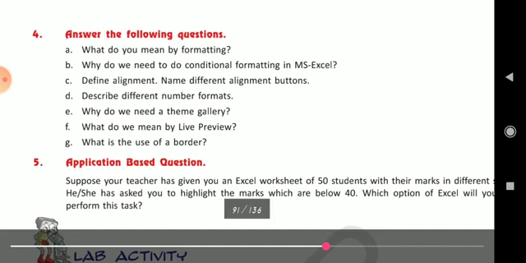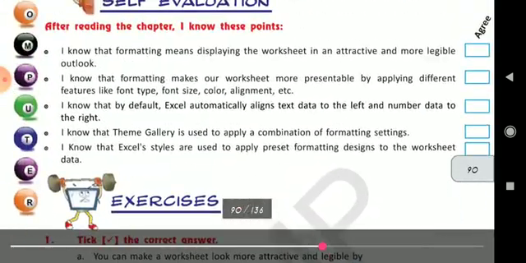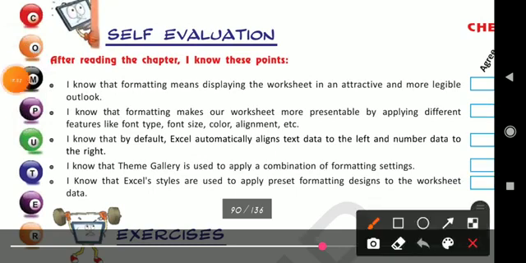At the starting of the chapter also it is given, in the exercise also it is given. You can see over here. Formatting means displaying the worksheet in an attractive and more legible outlook. So this is the answer of the first one. Clear?